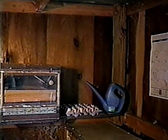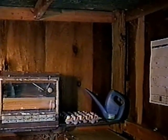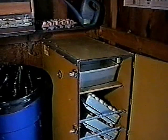Over there in the corner is my watering pan, where I fill my water up every evening when I get home from work, and then there's my eggs that I'm saving up to put in the incubator later on Sunday night. That pretty much completes it, and the temperature for this incubator, when it's a forced fan model, is 99.5 degrees,